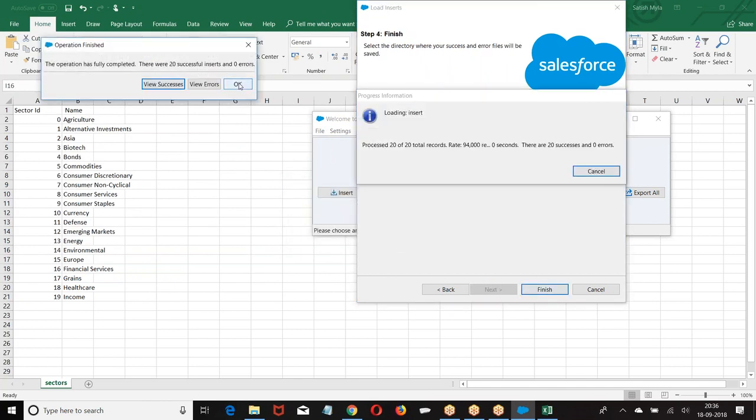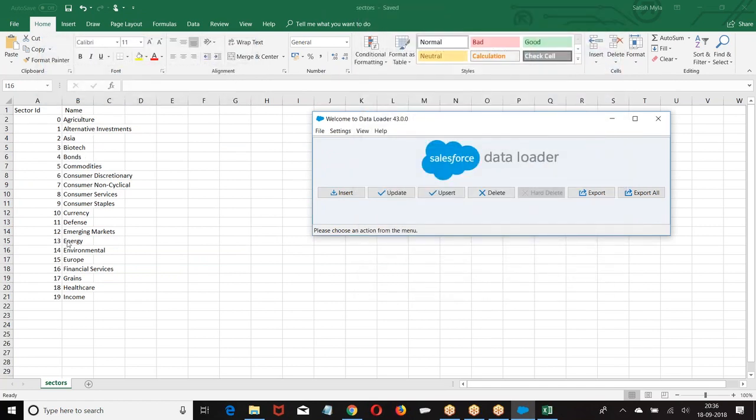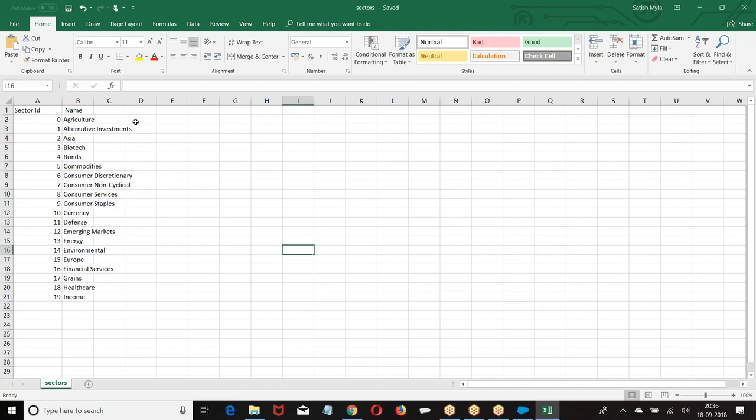Now there are 20 records created, and already we have IDs from 1 to 19 inserted into the database. Now I'm modifying. I modified some of the records.